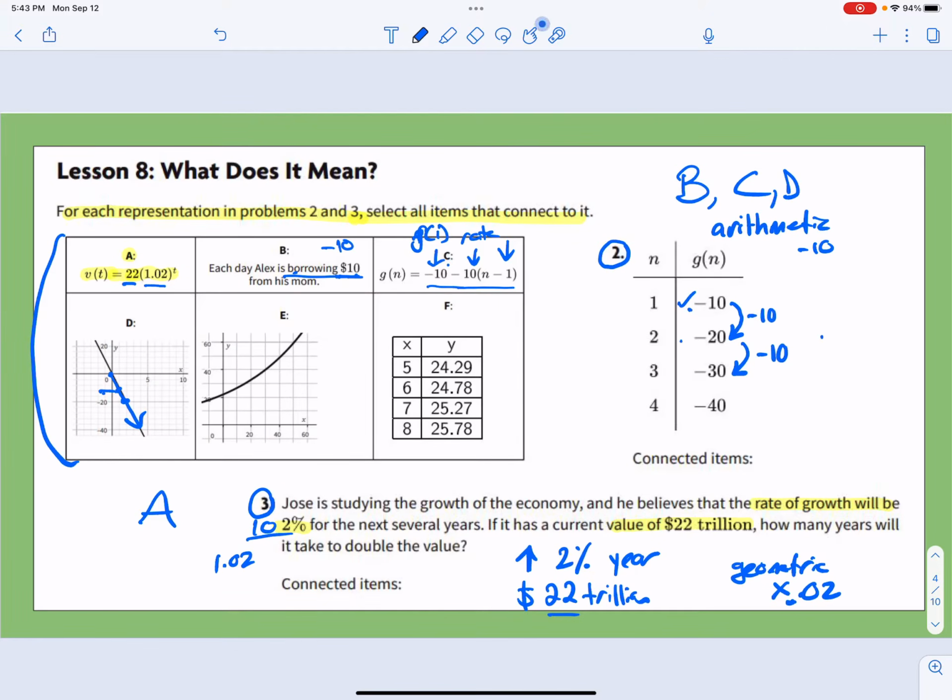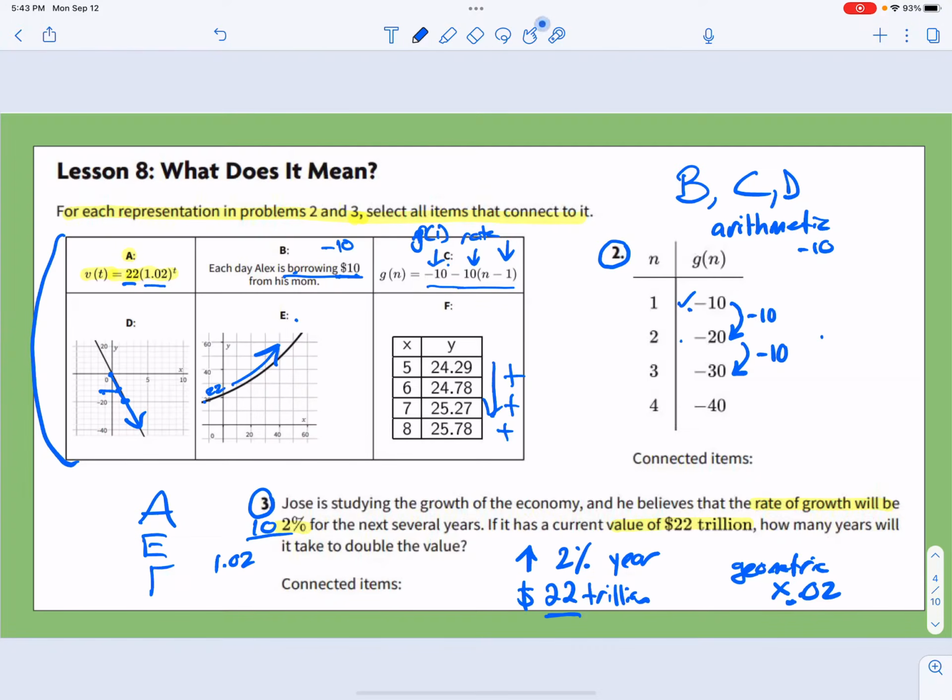For E, we can see that it's starting a little bit above 20, so perhaps 22, and we can see it's increasing. So E matches number 3 for our 22 and increasing. And finally, F, we can see in terms of values that it is increasing. Each one's going up, right? I'm going to draw my arrow like this, but we can see it's increasing each time, getting larger, which matches